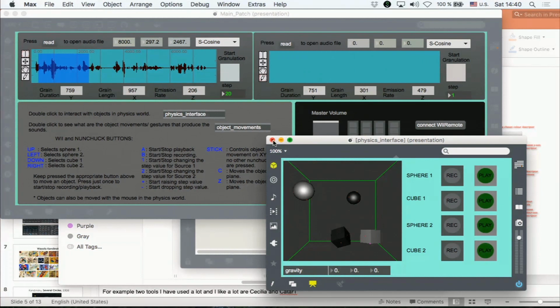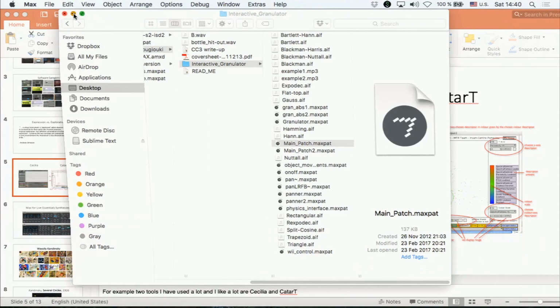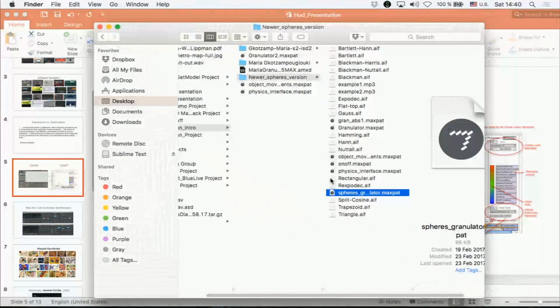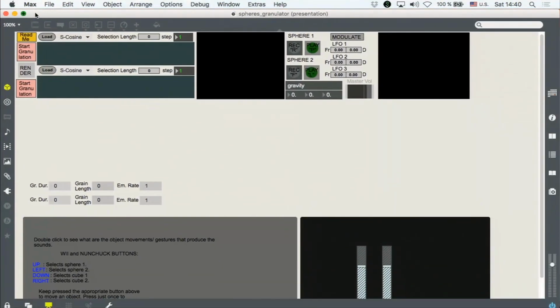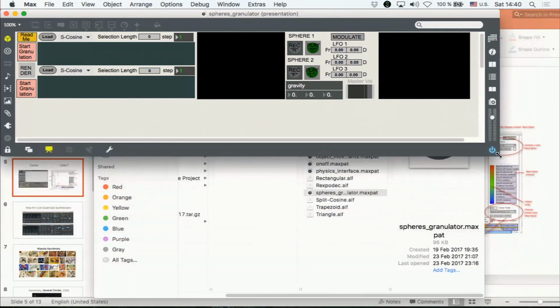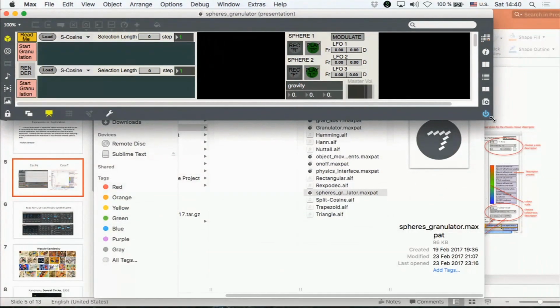The newest version is, let's see, it's this one. Almost. So it's long and narrow because it became a Max for Live device at some point. And I'll explain here a facility that I had in the previous one, but I couldn't demonstrate it because at the time I was working with a Nintendo Wii and the nunchuck.